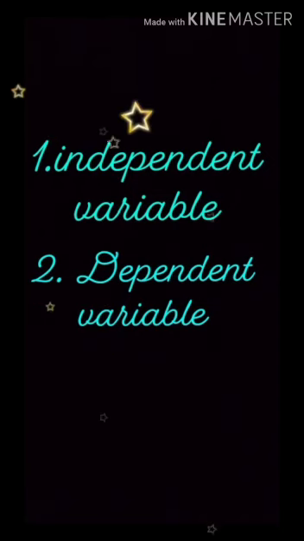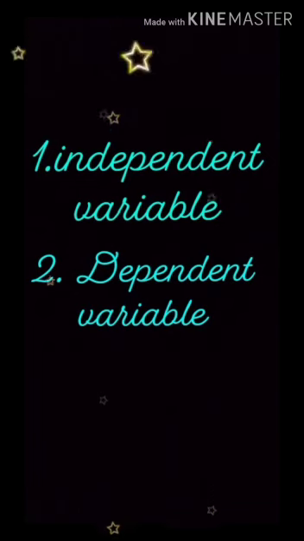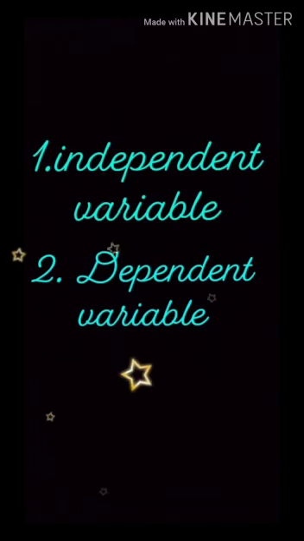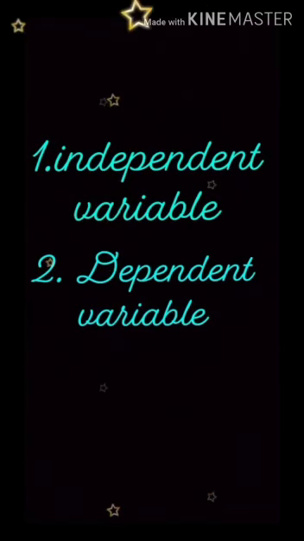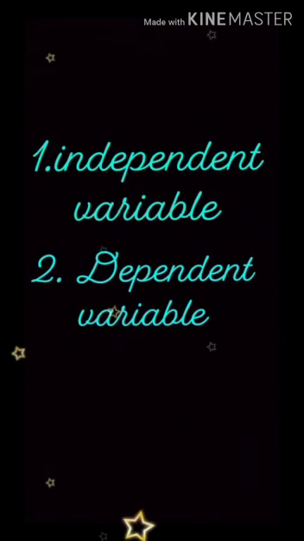Independent variable. An independent variable can be changed by the researcher, or we can say that the researcher can manipulate it. Its value does not depend on and is not affected by the state of any other variable in the experiment. When we manipulate the independent variable, its effect we can see on the dependent variable. That's why this is known as dependent, because it depends on the independent variable. Here the independent variable creates the cause and we can see its effect on the dependent. In this way, these two variables create a cause and effect relationship.